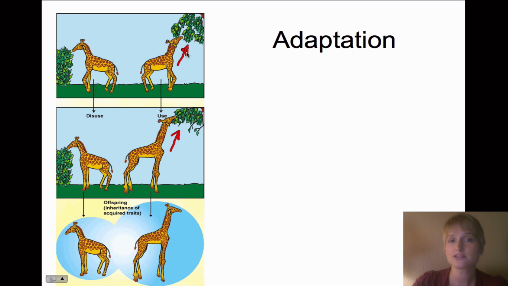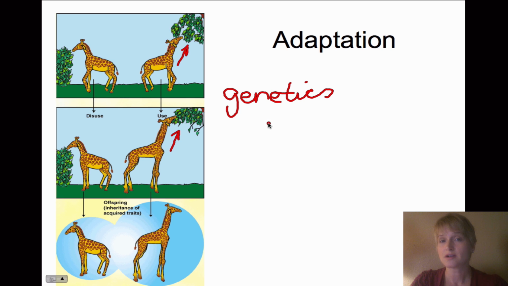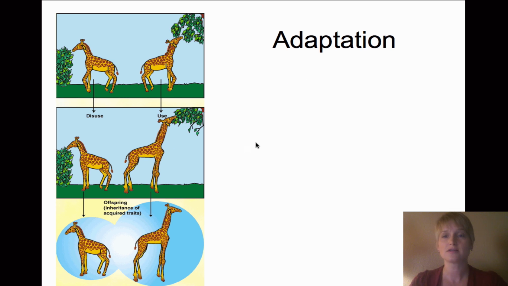This little guy, he might be stretching to reach those leaves, and maybe he is lucky that his genetics gave him a longer neck. So it's the genetics that give the favorable trait, okay? So he's lucky, he has a little bit longer of a neck, and so he gets to eat more, and he gets to reproduce, and he has more offspring, and that is what allows him to adapt. And so we see that change in the species, not because he used his neck to stretch, but because he was favored with this genetic adaptation. And so he was able to pass that along to his